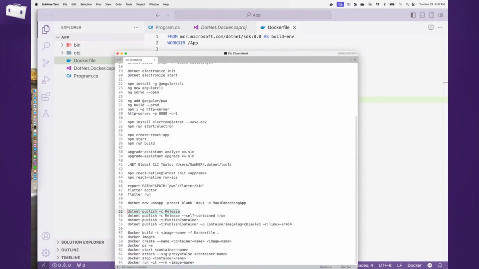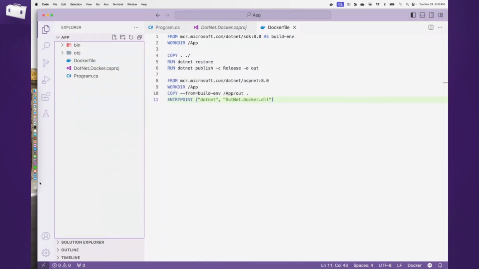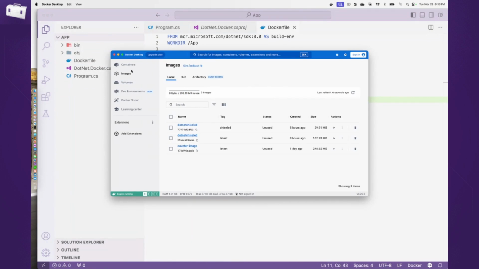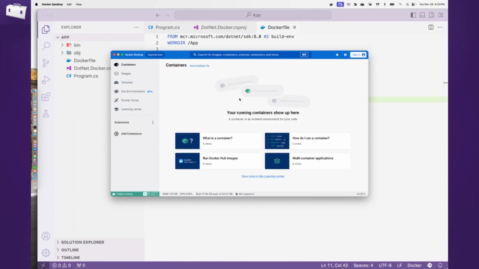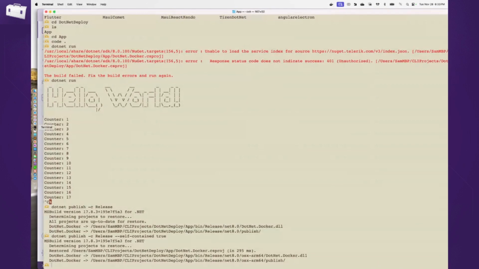Then we will do, let's actually go in here. You can do a Docker build, and we already have an image. Let's actually create a container here. If I look at my Docker Desktop, and look at the containers, there is nothing running right now, right? So what I could do is go up to the top and do a Docker create. It takes two things. One is the container name of what you want to call it, let's just say counter core. And then it takes the name of the image, which I already built.